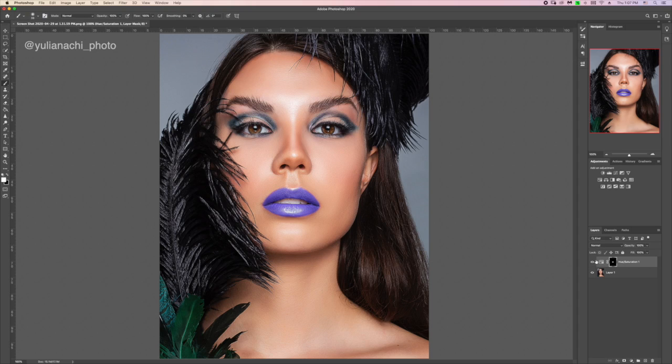Obviously we've changed the hue, and we can go back to the layer and we can change whatever we want. We can make it more saturated or less saturated. Looks really nice, looks really natural, really works for it. But